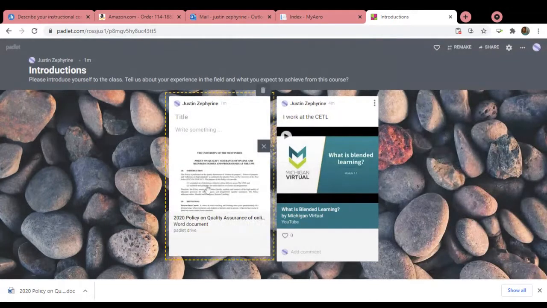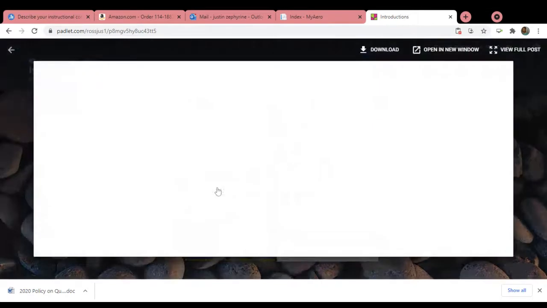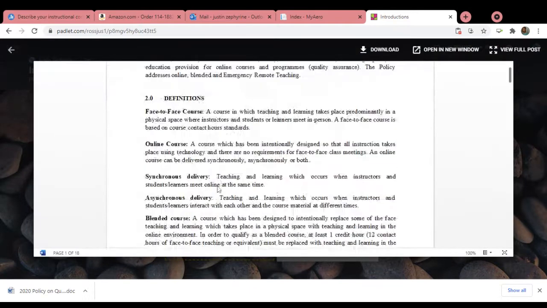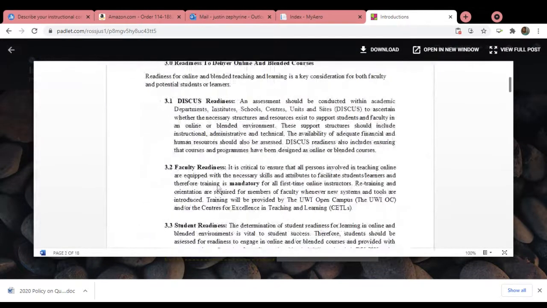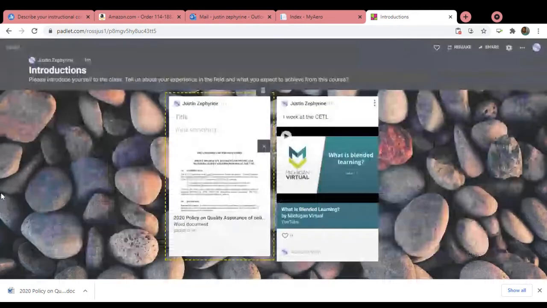And there we have it. So look, I just dragged my document and I can continue to put different things. If I click on this document, it opens, as you can see here. So like I said, it's a good space that you could use, it's very flexible.